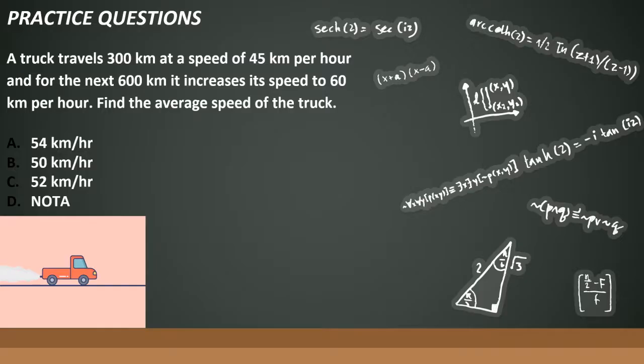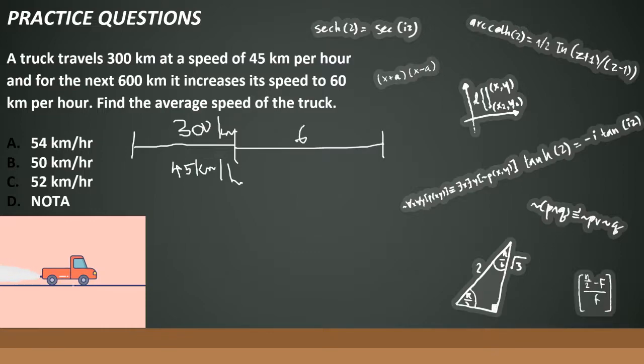A truck travels 300 kilometers at a speed of... So let's again draw this. Let's assume that this is 300 kilometers. Over this 300 kilometers, it travels at a speed of 45 kilometers per hour, and again the next 600 kilometers, which is double the distance, it increases its speed to 60 kilometers per hour. So we need to find the average speed. So when I'm going to find the average speed, see the time taken, if the time taken between these two different breakups are same, then I can go for x plus y